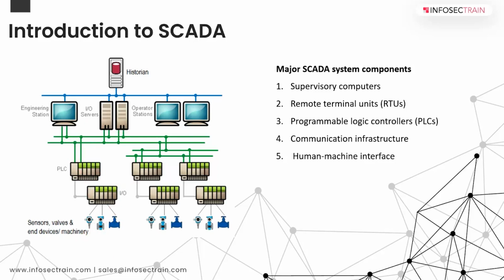So we have the supervisory computers, RTUs, PLCs, the whole communication infrastructure, and these engineering workstations and operator workstations. These are called human machine interfaces, or HMIs, that I was saying earlier. So this network connects both the RTUs and PLCs, and as I said, the HMI presents the plant information, right? The SCADA drawings, or you might have seen the images. So all the schematic representation of the plant is displayed, including the live parameters. The HMI is linked to the SCADA and provides all the live data.